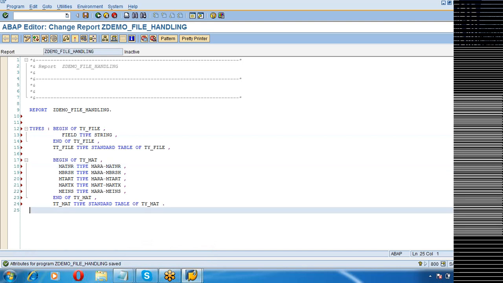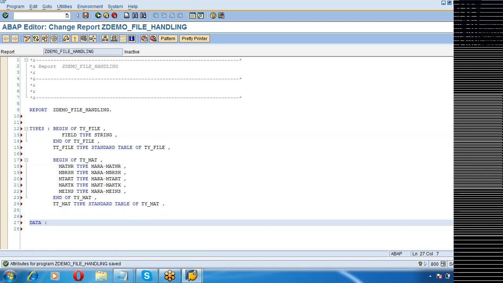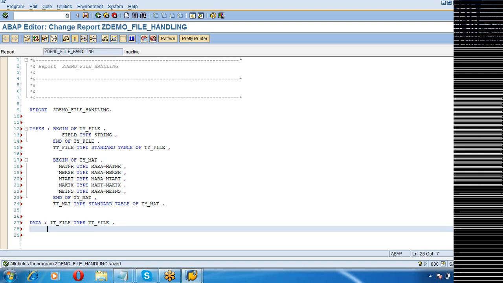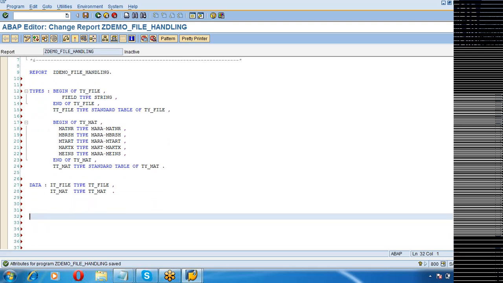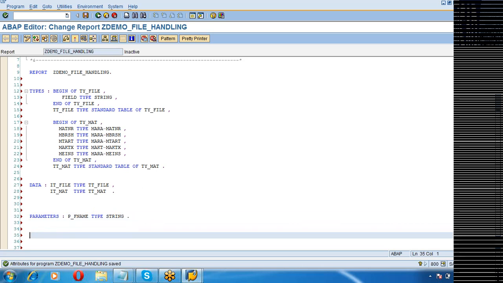Now, let us declare an internal table. Input parameter field, file name.